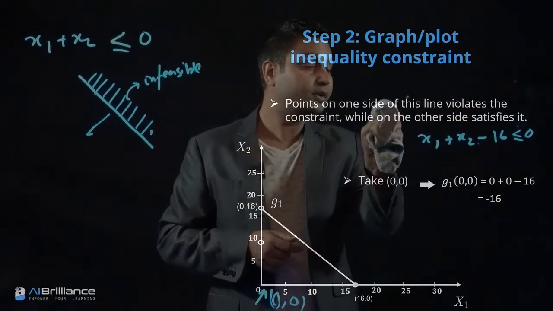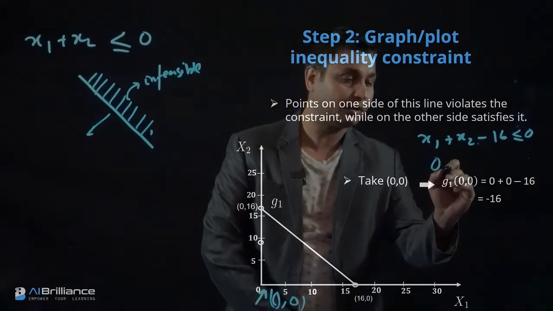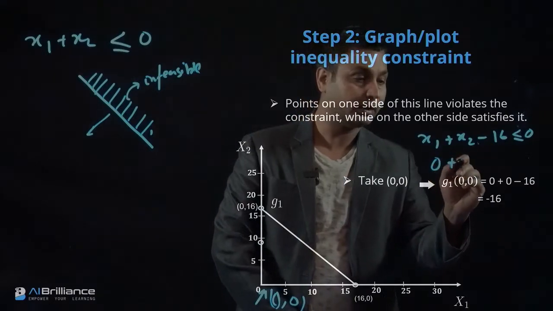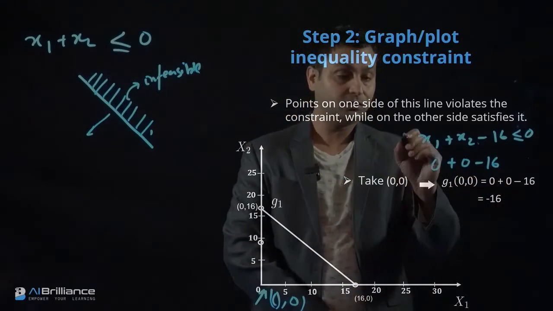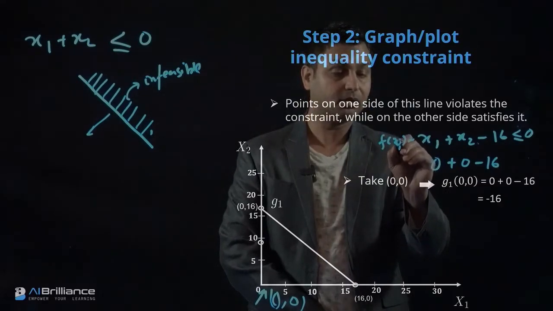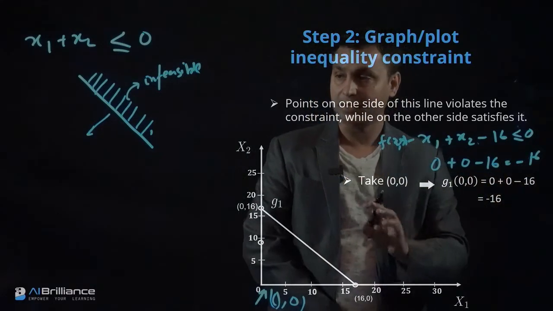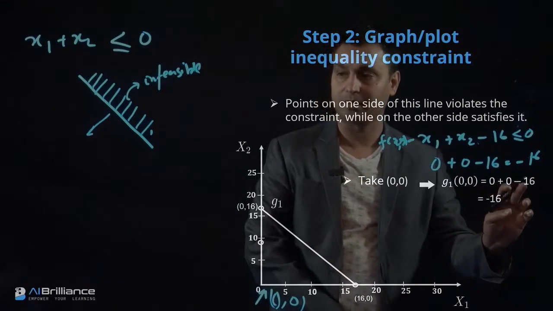If I put 0 as the value for x1 and 0 as the value for x2, then the function value, the function of x1 and x2, will be equal to minus 16. So what I'm writing is, g1(0, 0) will be 0 plus 0 minus 16,